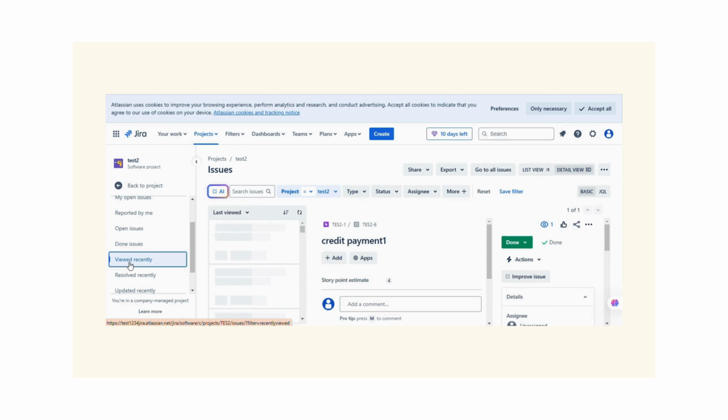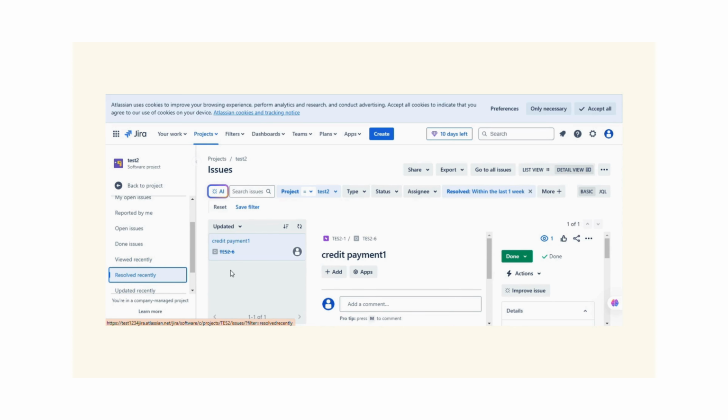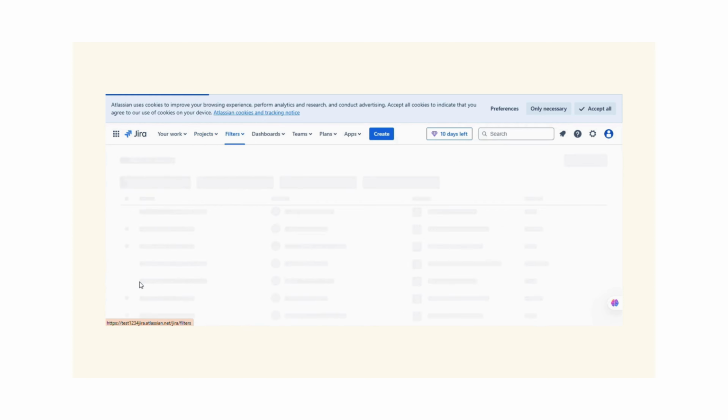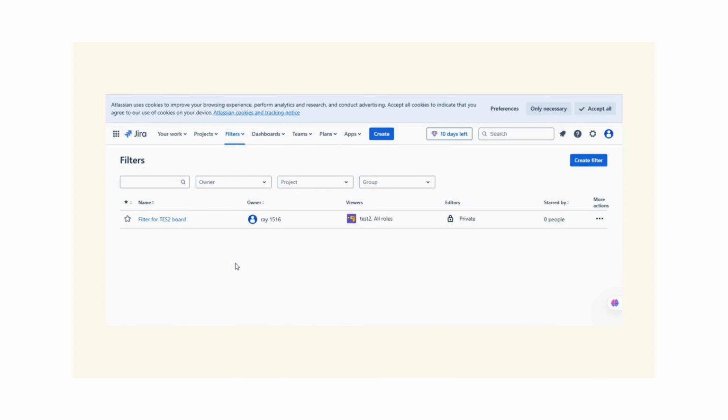And what are the issues viewed recently? Like what are the issues I have viewed? It may be other users' issues also, that could be shown here. And what are the resolved issues? Right now we have done one, that issue will be shown here. And updated recently, any issue that has been updated, all the things which I have done, that issue is also showing here. We can also see view all filters, what are the filters available,